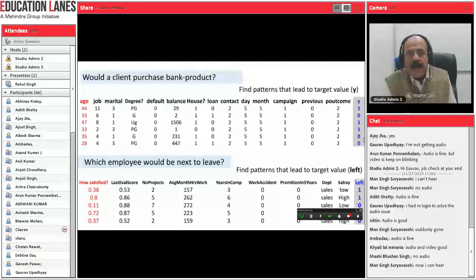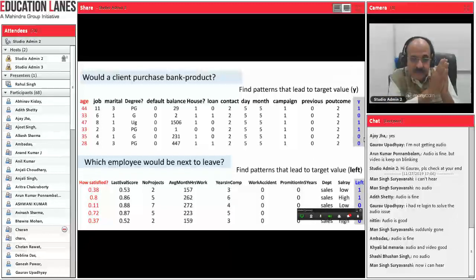Now what do I do? I feed this data, a huge data, into an algorithm. As I said, this is actual data from a Portuguese bank, and this data has many other columns, and I am not able to show them because there is a limitation of space. The columns can be 50, 100. Columns can be many. So I feed this data into an algorithm, and the algorithm tries to find patterns